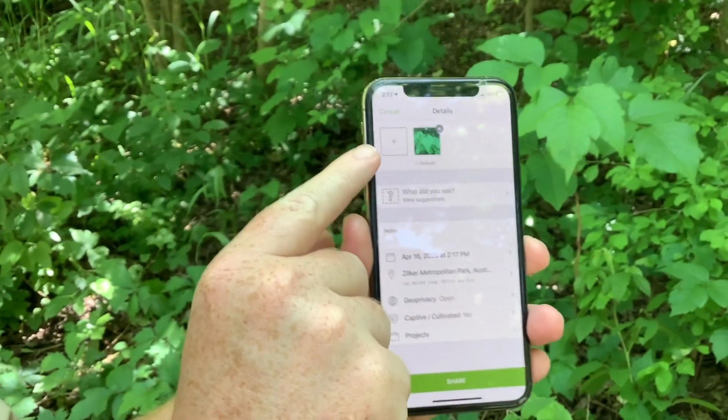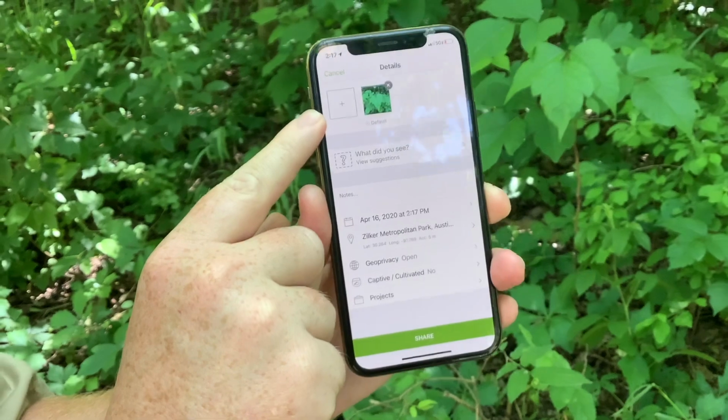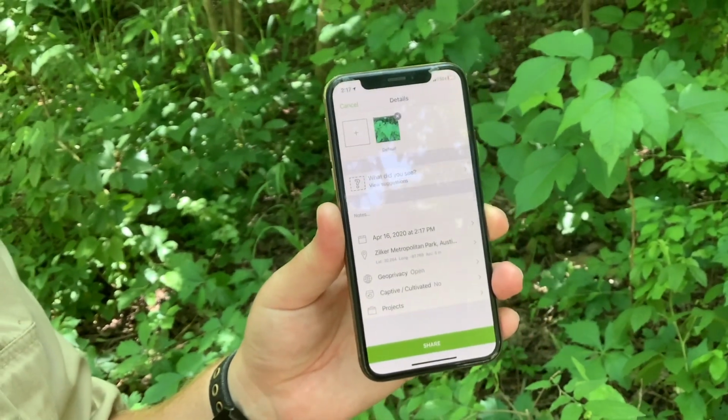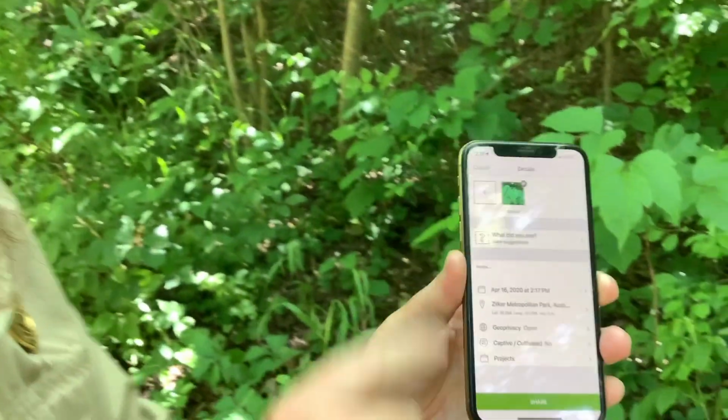So you see here, I can add more photos of this plant if I wanted to. I would probably add multiple photos to one observation. If it were, for instance, a tree, I'd probably take a photo of the leaf. I'd probably take a photo of the bark, and I'd probably back up and take a photo of the entire tree, and then maybe a fruit or a nut or a flower if the tree had that present as well. For this plant, I'm only going to take a picture of this leaf,